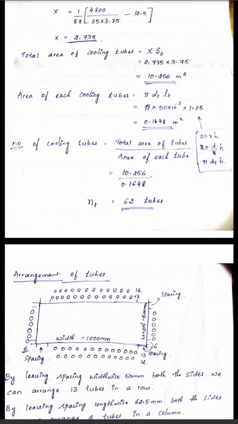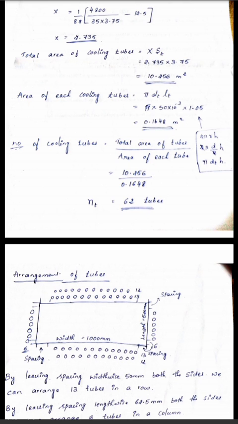The length depends upon the height of the tank, or sometimes they directly give the length of the tube; substitute it as it is. Here they have mentioned it in terms of height of the tube. I have shown the simplification also there. It is considered as 1.05. So you will get the value 0.1648 meter square. Both are areas, so the unit is meter square. So the number of tubes we will get is 62 tubes.